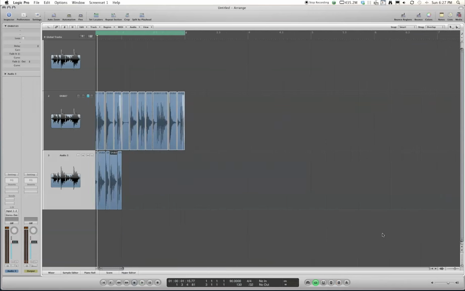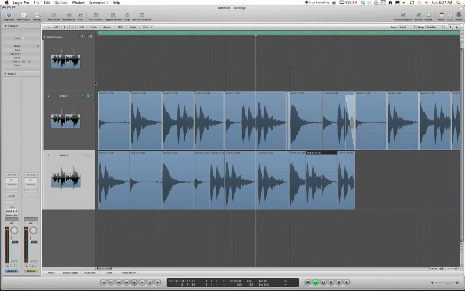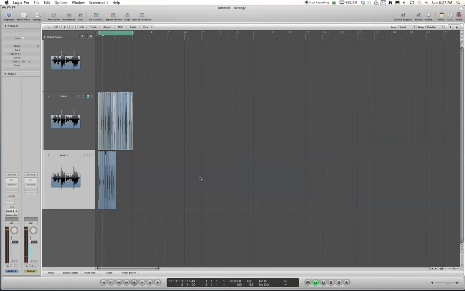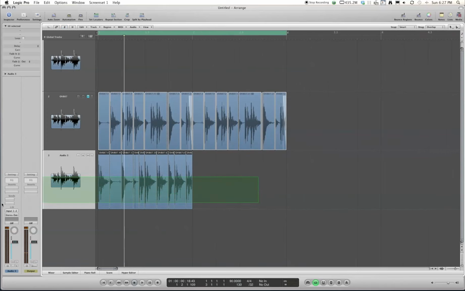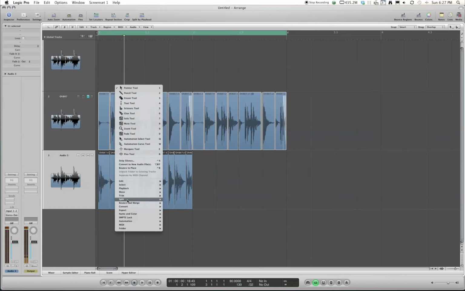Okay. So now that we've got that cut up the way I like it, we have a kick, a snare and a hi-hat that I'll probably use. Maybe this hi-hat too, who knows, just for an alternate. So basically, we'll select all that and we'll right-click it. Basically, what you can do